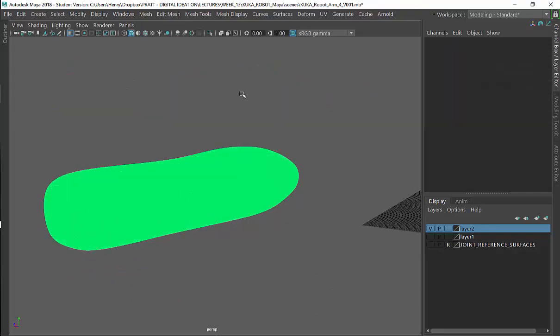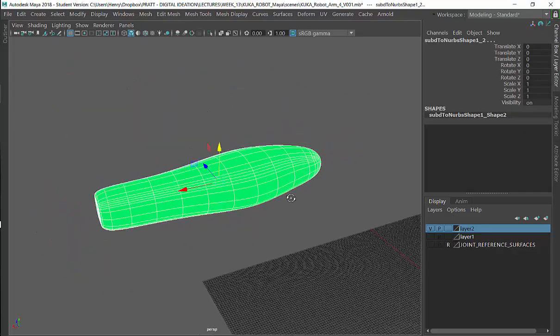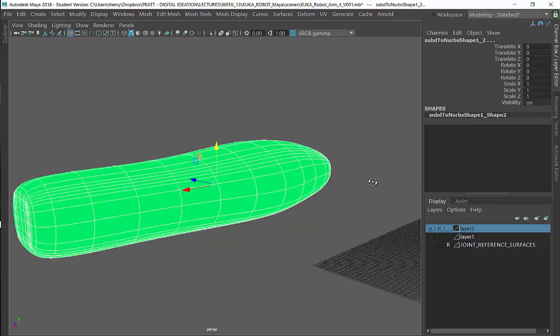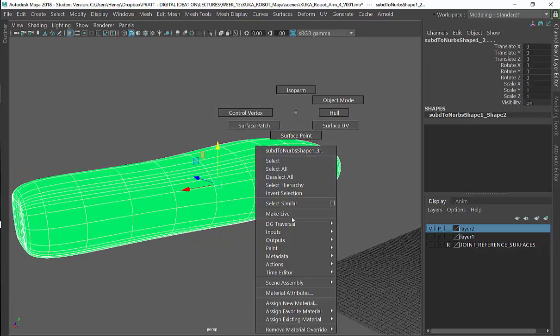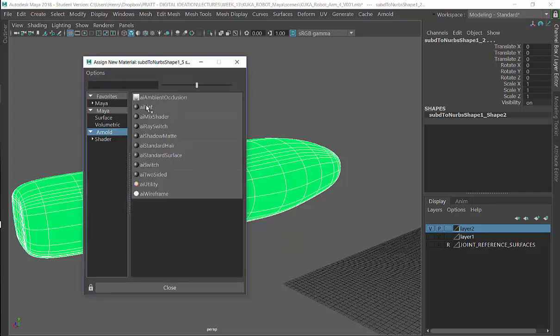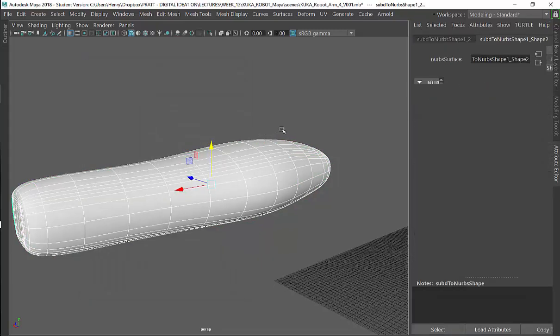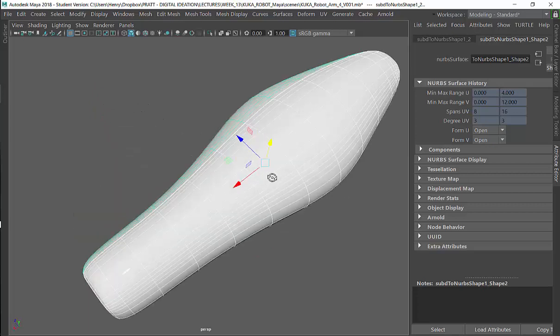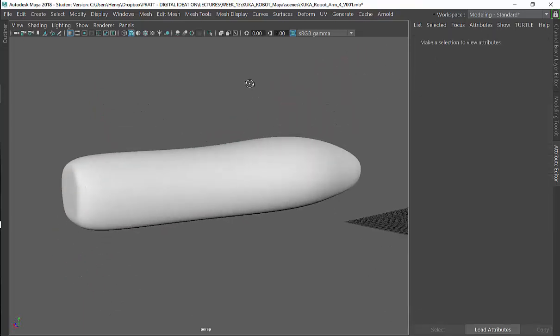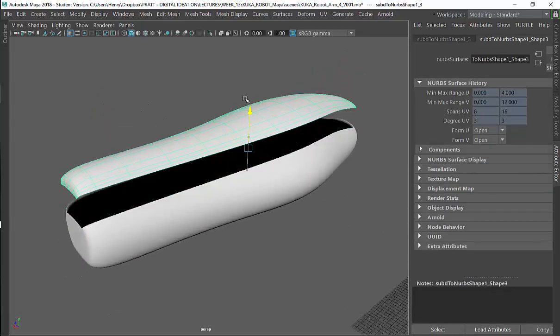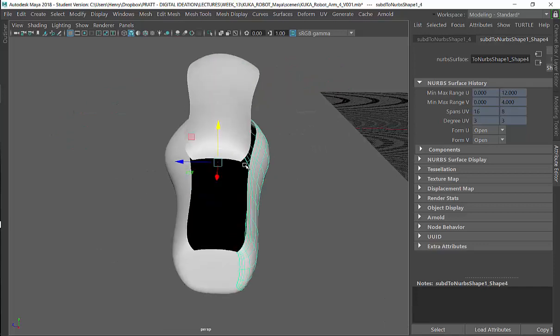Now, without the shading in place, you can barely see the form. So let me right mouse click and assign new material to these surfaces. Let me do Arnold standard surface, and you can see that it's a white color surface. And now you can see more clearly that these surfaces